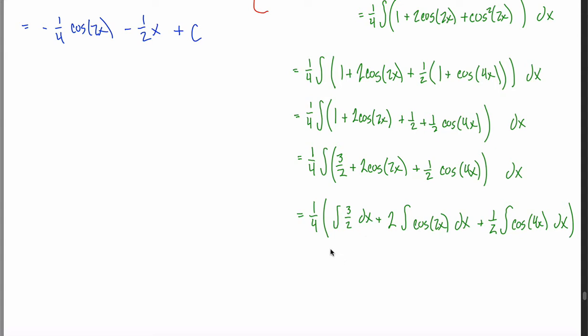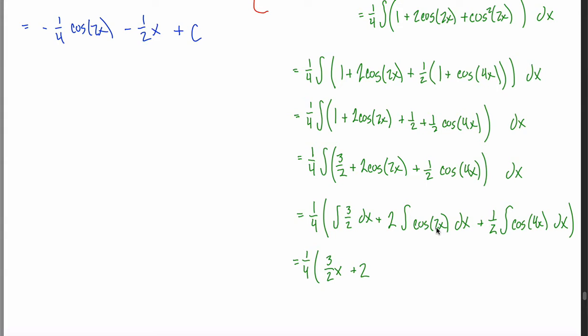I think I've done about as much as I can to make my calculus work easy to figure out the antiderivative of this mess. Let's see, the 1/4 we'll leave alone. The antiderivative of this 3/2 here would be 3/2 x. The antiderivative of this next term, we'll leave our constant of 2 alone, and then think about the antiderivative of